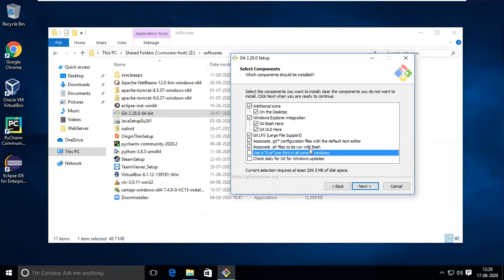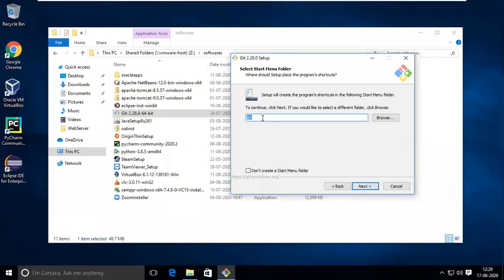So how you are doing Linux commands, the same commands work with Git only. If you install Git on your Linux PC, you don't feel a difference directly. But here we feel a difference because it won't work with Windows commands. It works with Linux-based commands only. So you will get a Linux terminal here. If you want updates, you can check this one. Otherwise, don't check it. I'm checking everything. Next, Git.